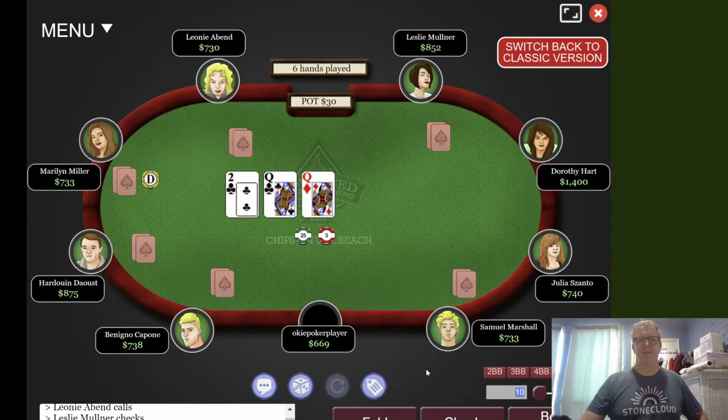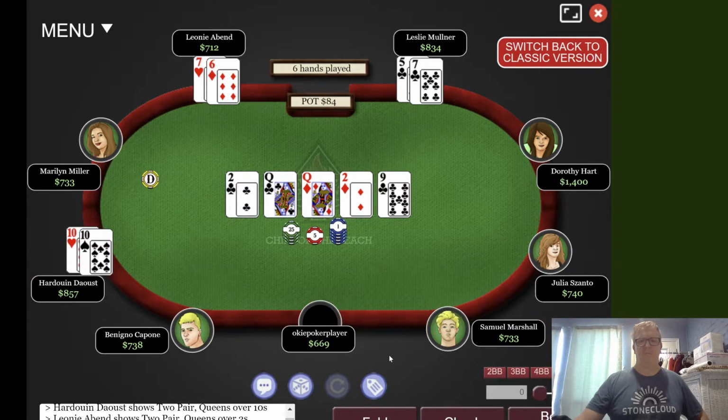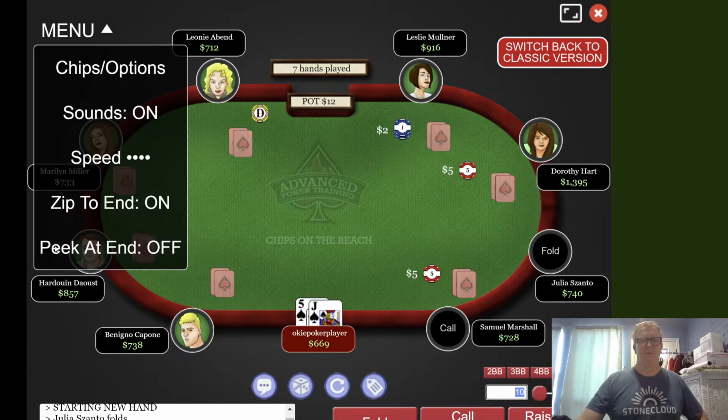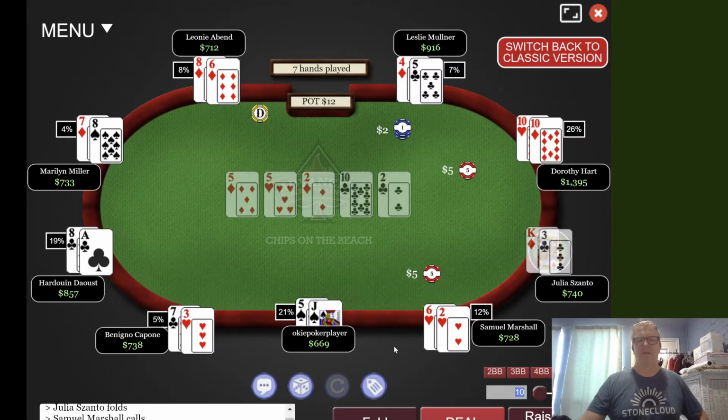Fold. Okay, so what I'm going to do is go to our menu here and change this to zip to end so we can get through these hands a little quicker. Another thing you can do is this little peek at end option if you hold down the fold button. I'm going to click on the fold button, and it's going to say fold and peek. So now when I fold, I'm going to see what hands my opponents had and what the board ran out, to give me an indication of whether my fold was good or not. I guess it would have been, but still,